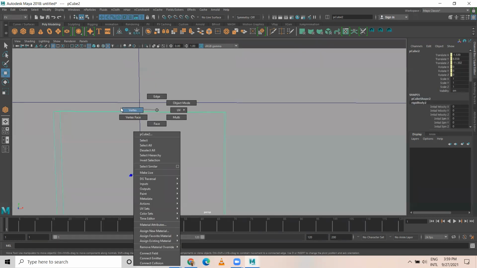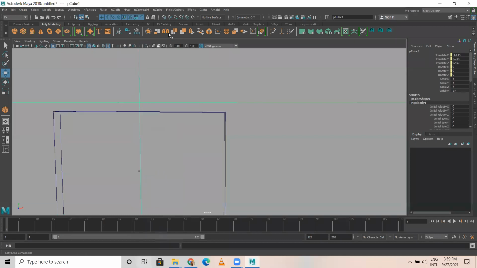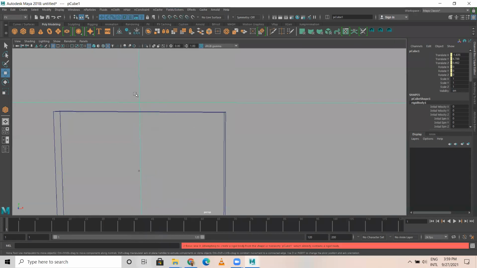Select this object. Let me make this a passive body.